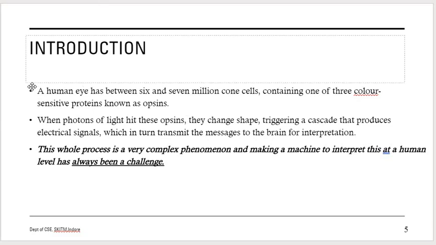That is the general phenomenon as soon as light strikes the eyes. When a person sees some object, the human eye produces the image, and then it interprets, classifies that image and recognizes the object. This whole process is a complex phenomenon.